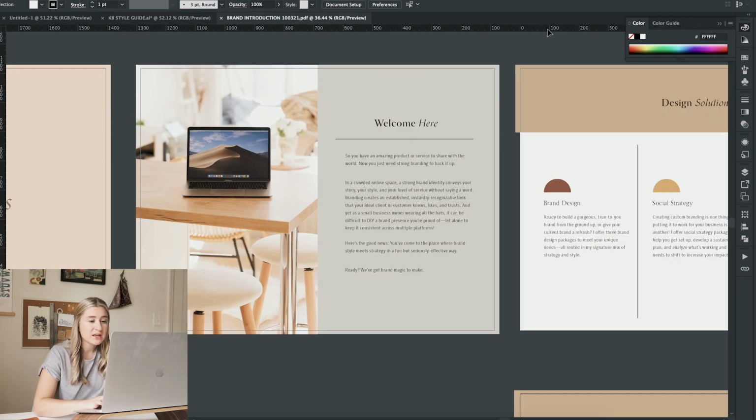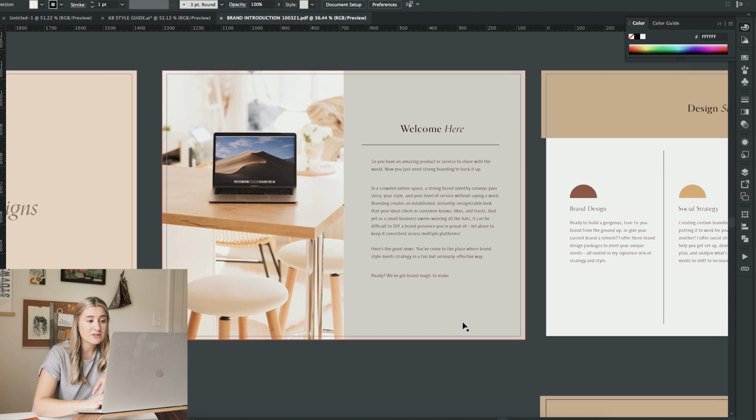I also want to share it in the example of an introduction deck I have. So here I have this welcome page. Basically, I am balancing it out with an image on one side and then text on the other side. That is really creating a strong sense of balance,